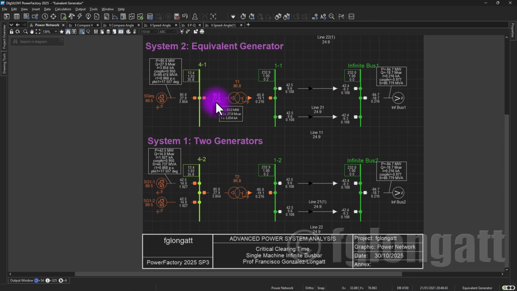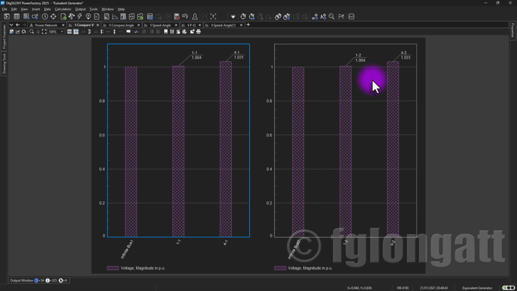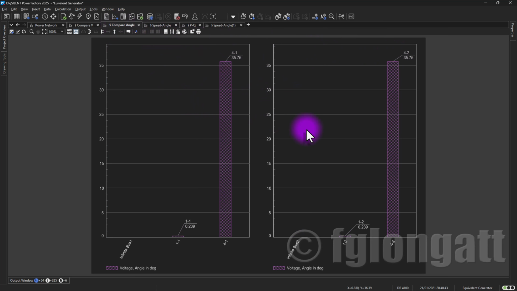are identical. Also, I can compare the voltages between system 1 and system 2, this is the magnitude of the voltages. You can see that the voltage at bus bar number 1 is 1.031, and for system 2, you can see bus bar number 4, the voltage is 1.031. This is a perfect match. If we go to the phase angle, again, we have a perfect match between system 1 and system 2. You can see that the phase angle of that voltage is